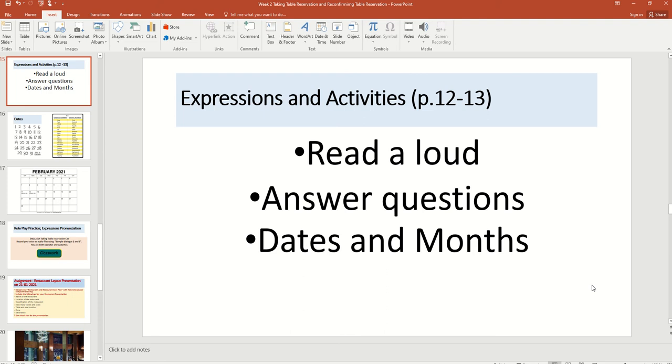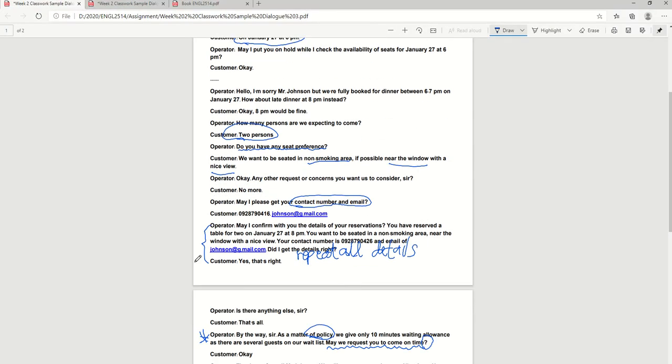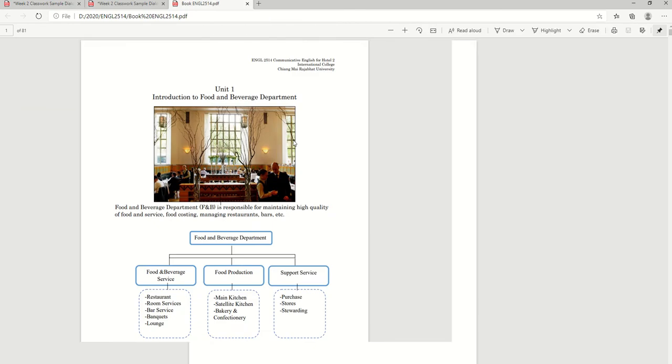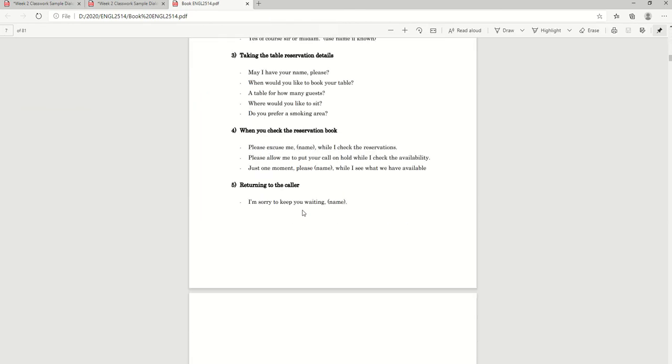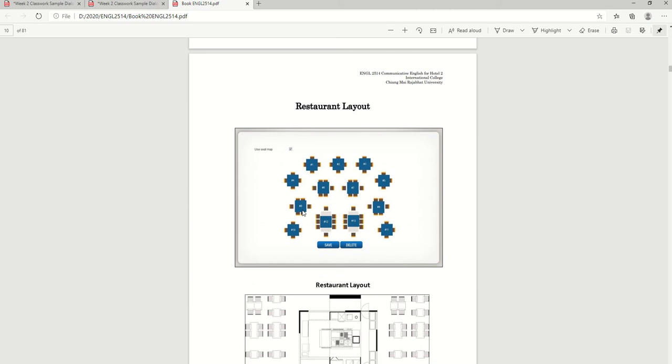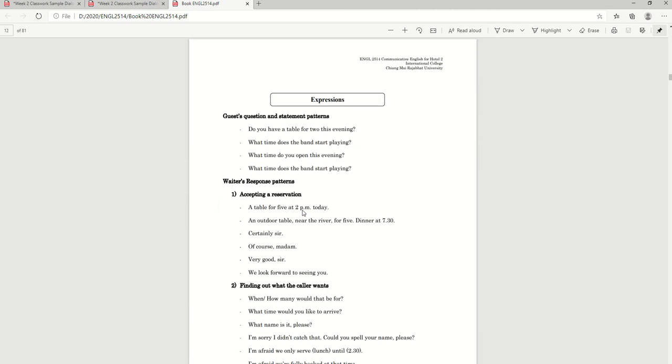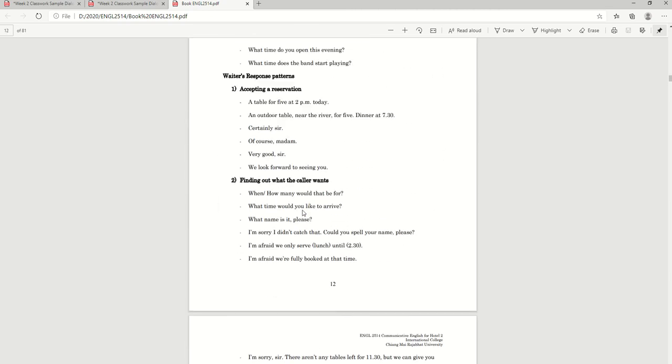Okay, first of all, on page 12 to 13 in your book. Okay, in your book. Where is your book? Page 12. Page 12. Okay, here